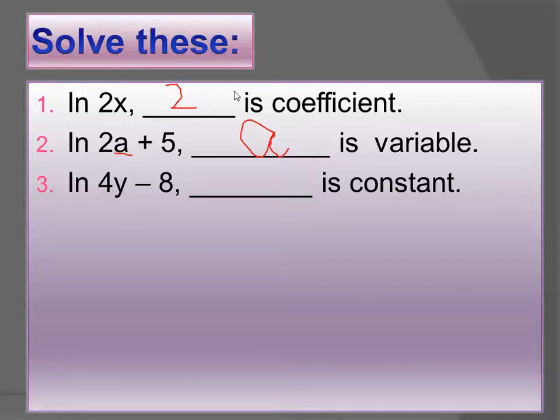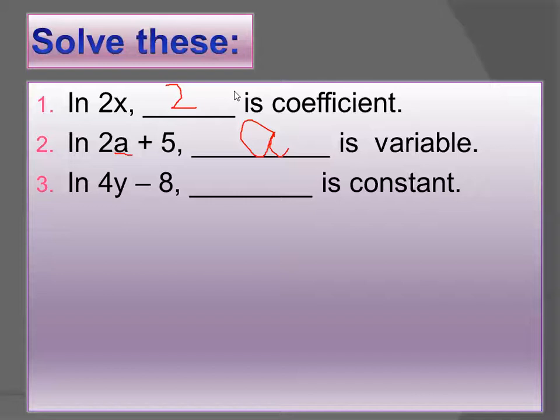No, Rida, Alina, Zen, beta, your answer is not right. None of you are giving the right answer. 4 is the coefficient. Hadika, 4 is the coefficient. Alina, Salman, all of you are writing 8. Okay, 8 is constant. You are right that 8 is constant, but what type of operation does 8 have? You have to write the operation as well.